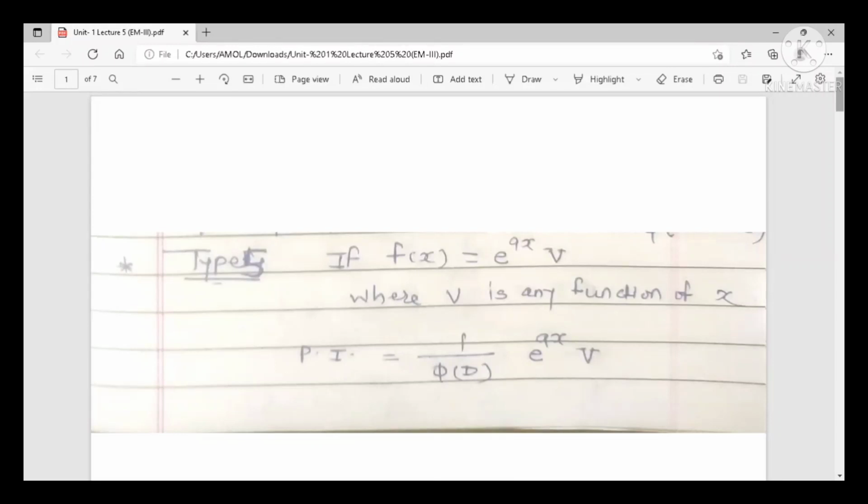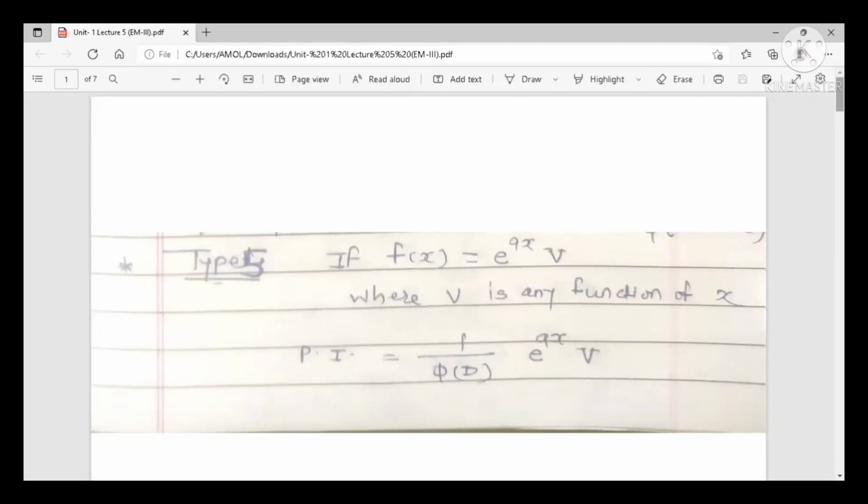Last lecture, we discussed case 3 and case 4 of the shortcut method. The shortcut method is used to find the particular integral, the remaining half of the solution of a linear differential equation with constant coefficients. Now we are going to discuss case 5 or type 5, when the function f of x